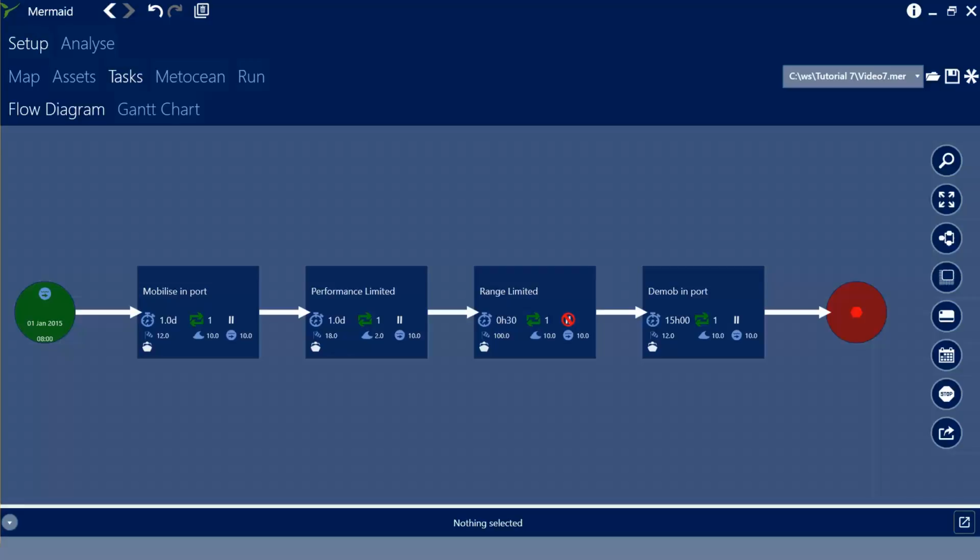This is video tutorial 7, and in this tutorial we're going to take a look at methods for limiting tasks, and in this case we're going to look at MWS or Marine Warranty Surveyor restrictions that can be applied. The starting point for this tutorial is the analysis file built in tutorial 6, and it's worth noting that between